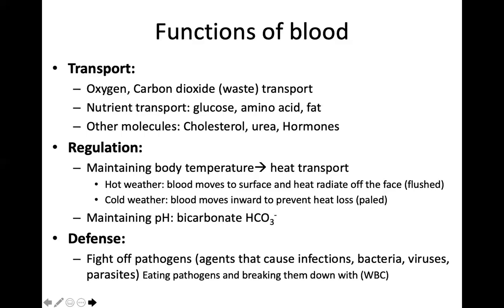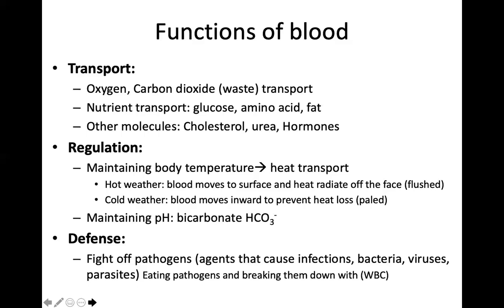Lastly, one of the main functions of the blood is defending your body against infective agents. Now, we put all of the infective agents or anything that basically can cause harm to our body under the name pathogen. These pathogens could basically be viruses, bacteria, fungus, parasite, etc. Now, the way your body